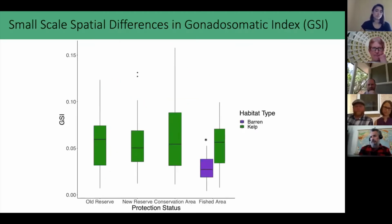And then lastly, we looked into these small-scale spatial differences in urchin morphology. Specifically, we looked at gonadosomatic index, which is a measure of gonad weight divided by the wet weight of each urchin. And gonads are essentially the reproductive parts of urchins. And when we compared that between all 5 zones, we saw that urchins in the barren area had significantly smaller gonads than urchins in all the other zones, which makes sense because these urchins have less food to be allocating